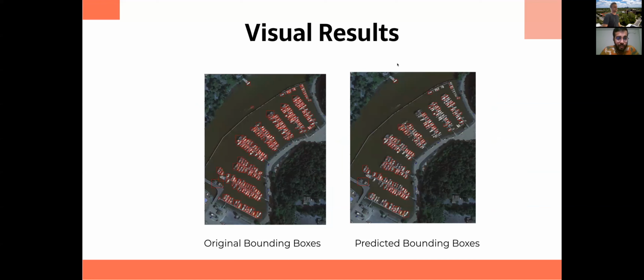And this is an interesting result. We see that there are multiple ships next to each other, and we could also see the overlap of different horizontal boundary boxes. And in our detection, we are able to detect like 70% of the ships, and we are also able to detect small ships. But we could see that some ships are not detected. We believe that it is maybe because of the noise and because of the horizontal overlapping of these boundary boxes as well.